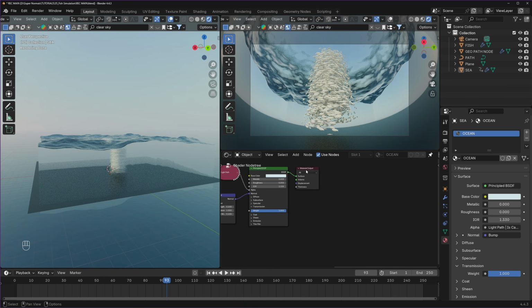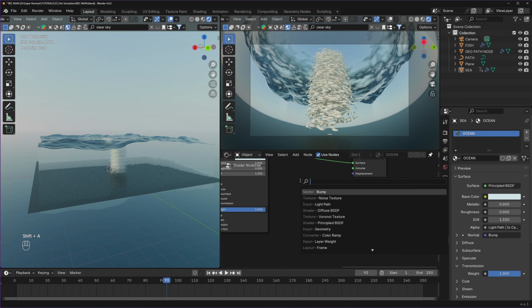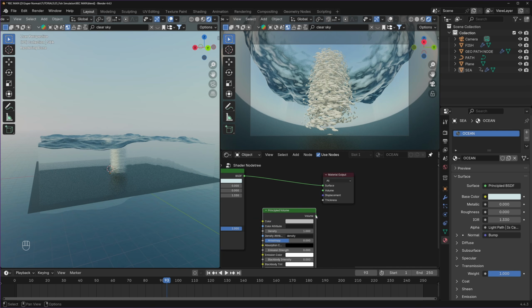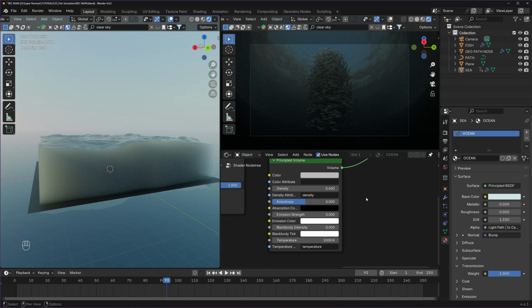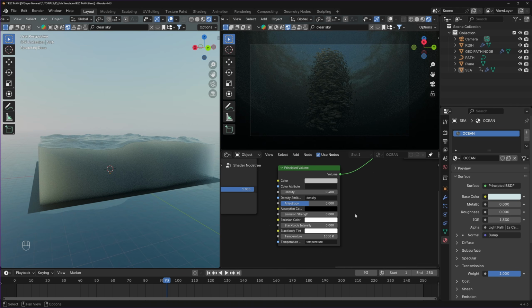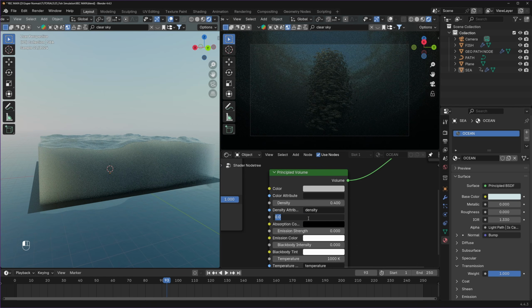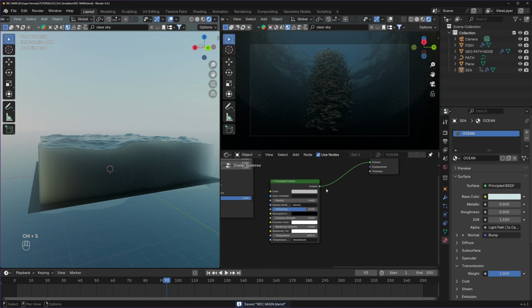So for that we can play with the volume. We have a node which we'll call principled volume, and then we can connect this volume to the volume right here. This is too strong for now, so we can reduce down the density to 0.4. Don't worry if the scene looks too dark, we are going to adjust the HDRI later with this. But before that, let's just change the anisotropy to 0.5, and then to have a proper lighting inside,